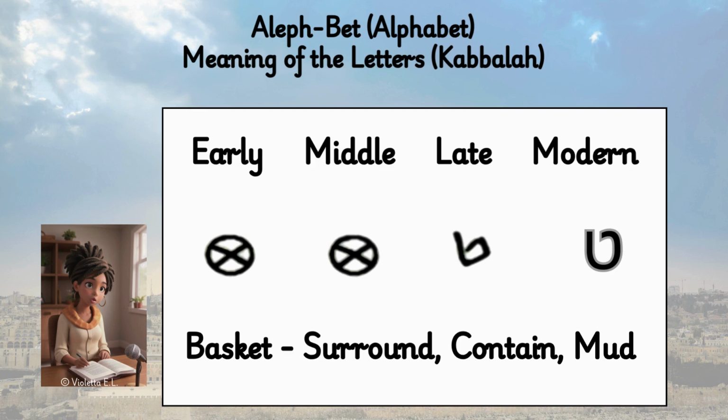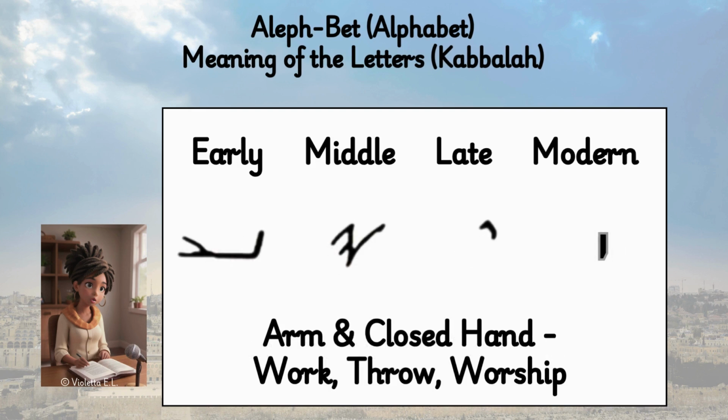Yod represents a hand, symbolizing the divine action or the spark of life. It's the 10th letter. It is a dot or point. The Yod represents the Creator, the single point from which all of creation emerges, and the unity within the multiplicity. It is the foundation of all foundations, the hidden divine spark which causes everything to be.